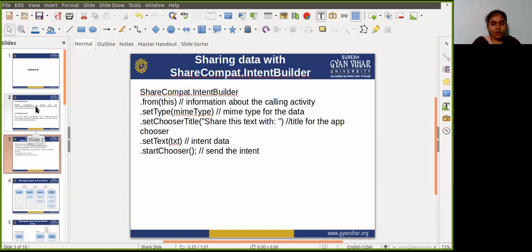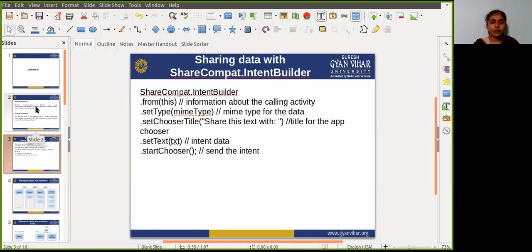So we can also share the data with the ShareCompat.IntentBuilder. So sharing actions are an easy way for users to share items in your app with social networks and other apps.